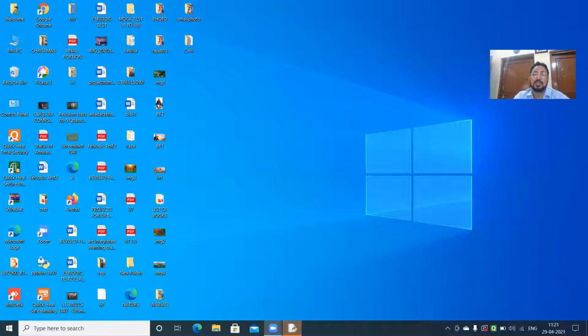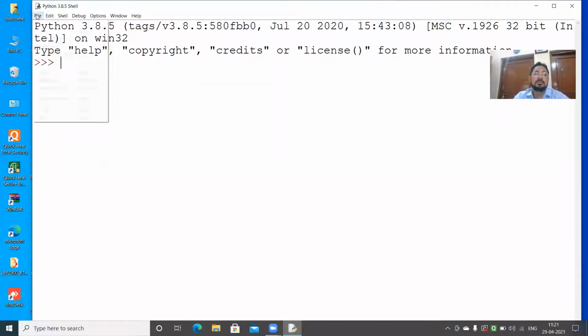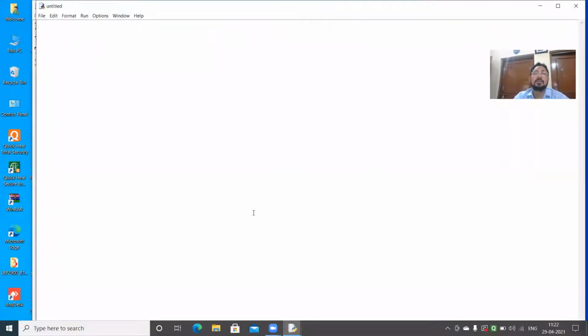Before that, I will share my screen so that you will be able to view what I am teaching you. Now I will start a Python file, new file. Here I will define some functions. Like in the previous class, I have defined the function sum. I will take the function sum with parameters a, b, and then write return a plus b.